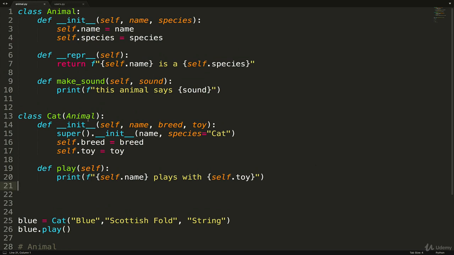So just to recap, we have two classes, animal and cat. Cat inherits from animal because of this little line here. And we don't have to involve super, we don't have to involve the init method from the parent class if we don't want to. We still would have access to things like make sound or any other instance methods or class variables, class attributes, class methods defined on animal. But to reduce duplication, we didn't want to redefine self.name and self.species down here in the cat init. So instead, we can just call animal.init, and the shortcut is super.init. Super refers to animal, and it looks for the init method in animal. And that's pretty much it.